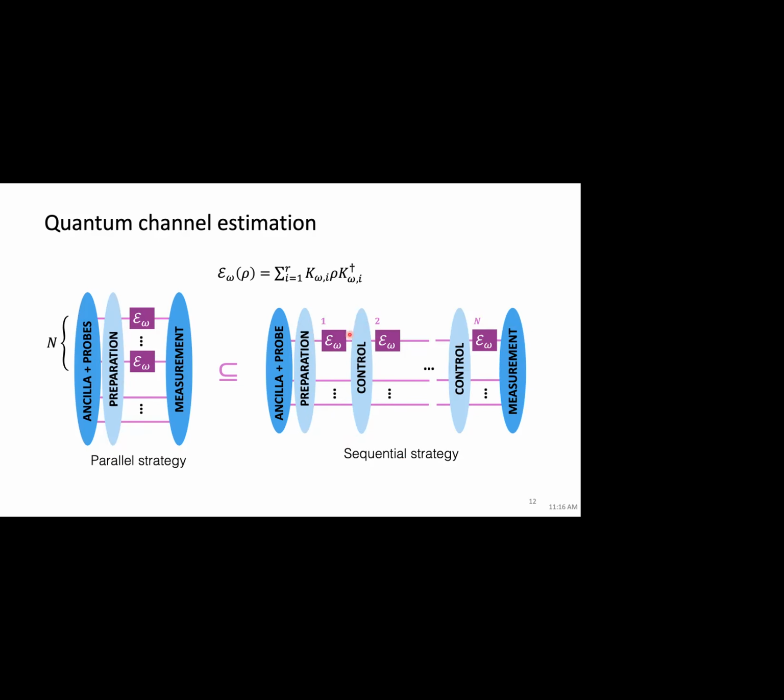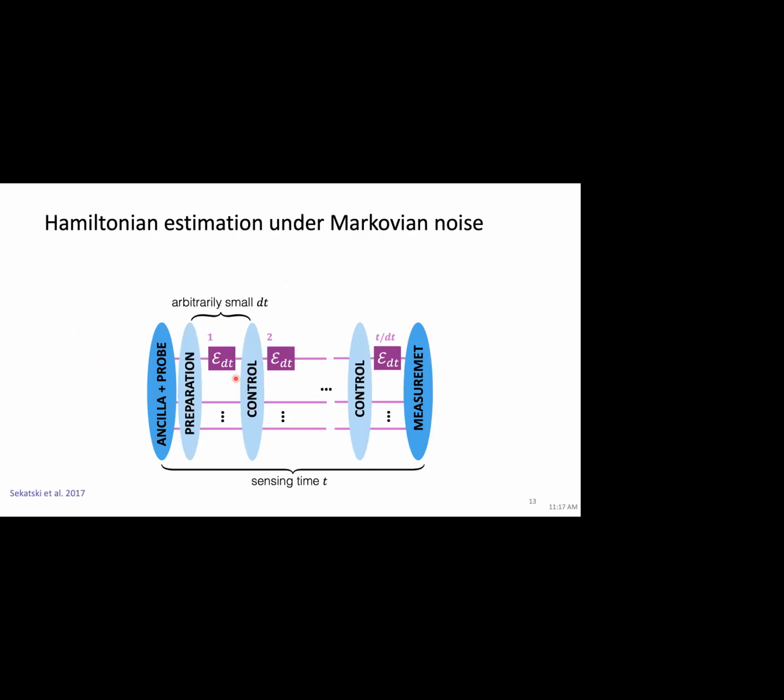So now we care about the scaling of the Fisher information with respect to the number of channels we use. We could also consider the other type, which is the situation where Fisher information has some relation with the probing time t. In that case, we can just divide the whole quantum channel up into t over dt different small quantum channels,